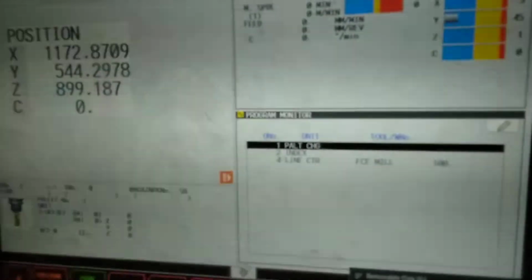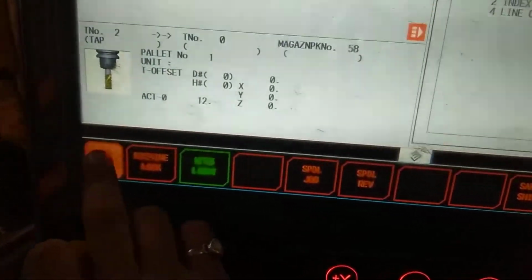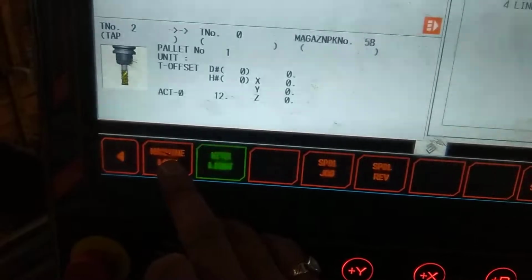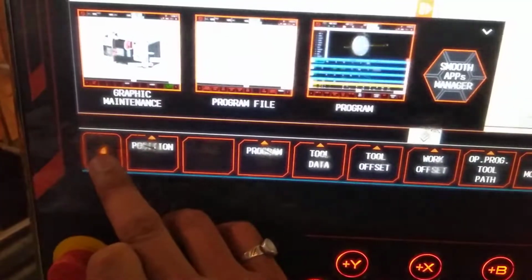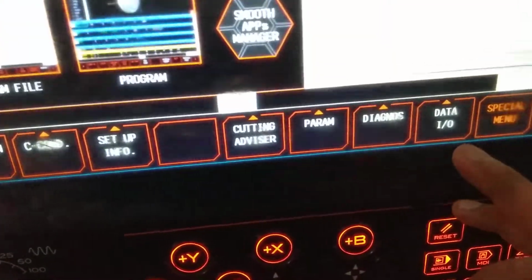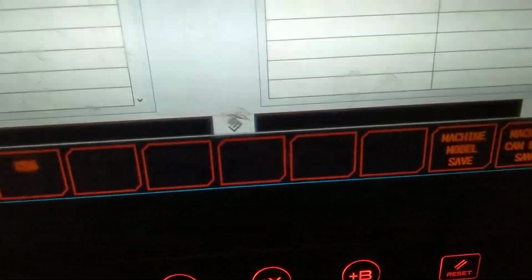Then we will come in front of this, go to this menu here, position, again here. Now you will get this data input output. Click here,